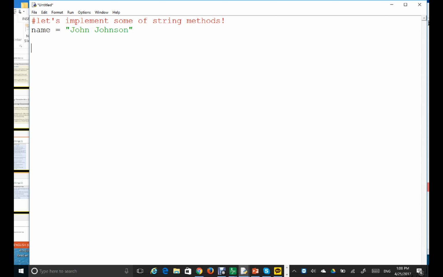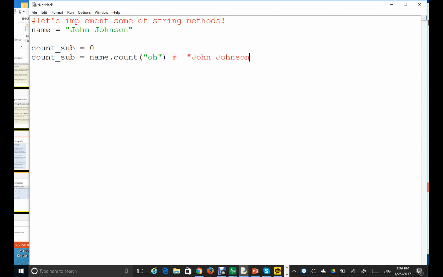You can create another variable, let's say count underscore substring, initially 0. This counts the number of occurrences of a substring, right? This is the variable, and then you say name dot count the OH. Or if you don't want to use the variable name, you can use John Johnson